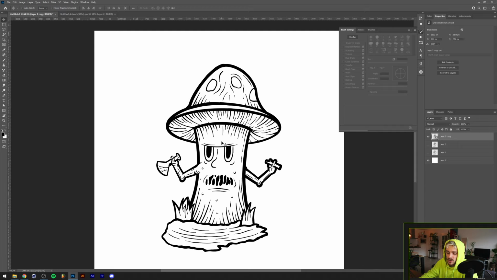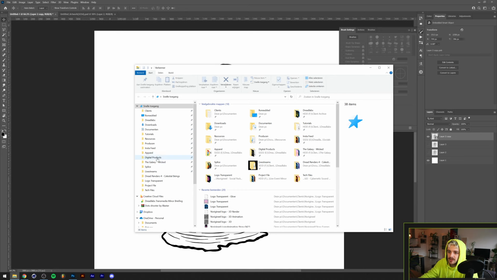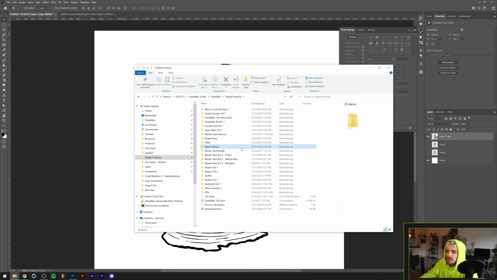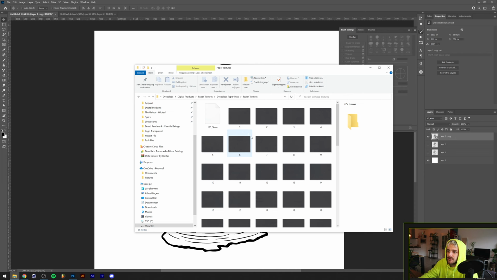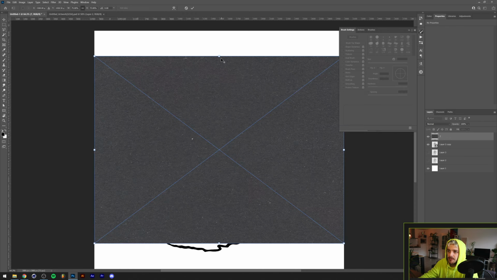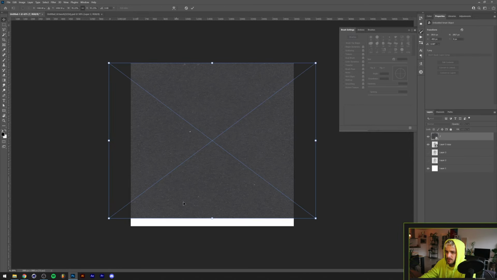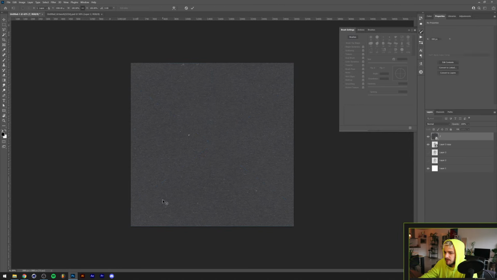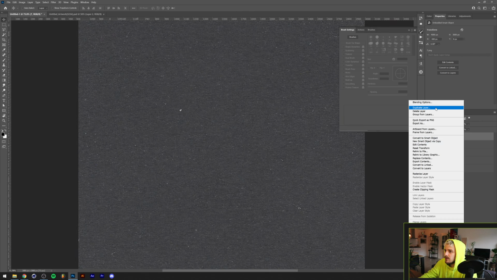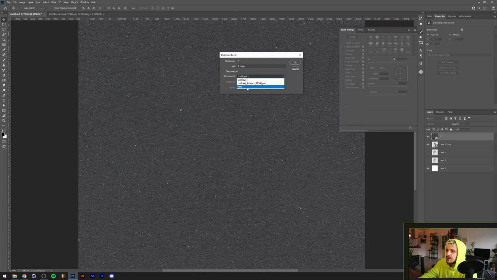The method I'm going to teach you is displacement maps. And if you don't know about displacement maps, I have a video on my channel, it will be up here. Anyways, you want to prepare some displacement map. So what I'm going to do is load in one of the paper textures that's available on dreadlabs.net. Link will be in the description. But basically you can just grab any paper texture that you like, or any other texture for that matter. For this, I just have this gray paper texture, and I'm going to make sure that it will fit the whole screen. I'm going to right click the layer, duplicate it to a new document,